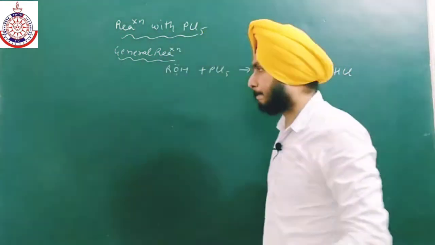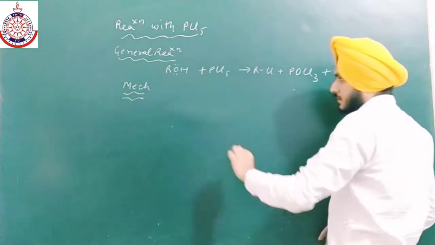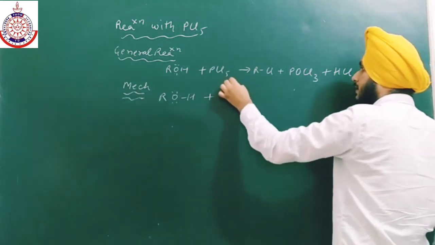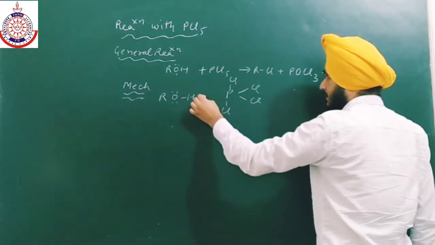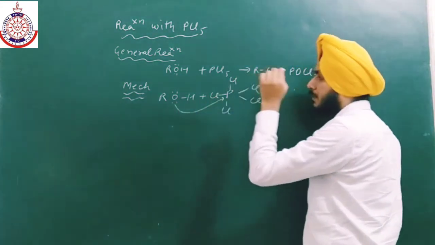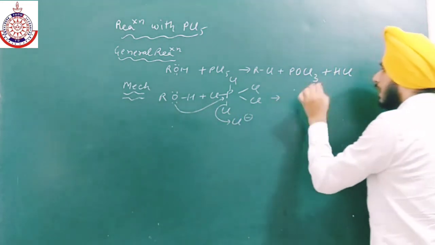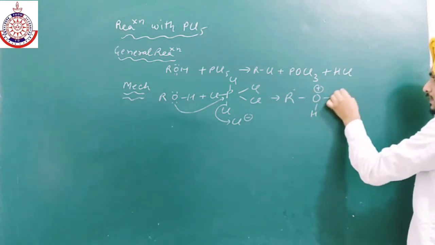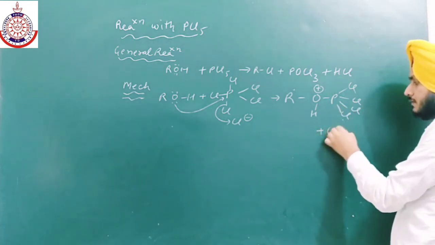The first step is same as in the other reactions: attack of nucleophile. So we have P, I am writing it in the open form, so it has trigonal bipyramidal shape. Now this lone pair on O will attack over here, and the axial Cl will leave as a negative, and we will get RO positive charge over here, H, PCl4, and here we also have Cl negative.